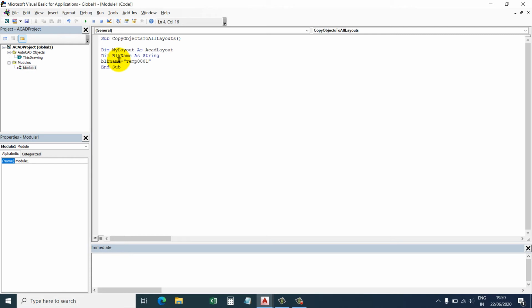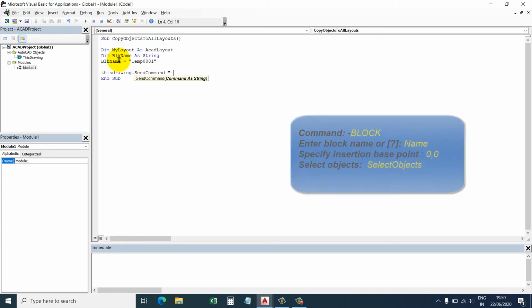Then we will use the send command function, ThisDrawing.SendCommand, then hyphen block, because when you enter just block, it will pop up a dialog box, but we don't want to use the dialog box. We will use the command prompt only.